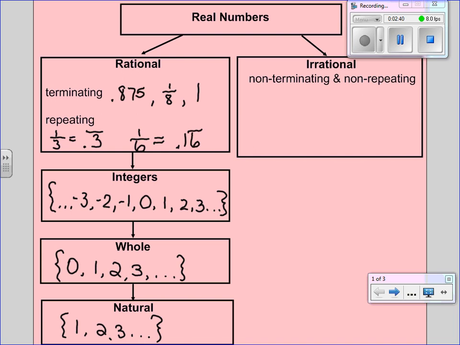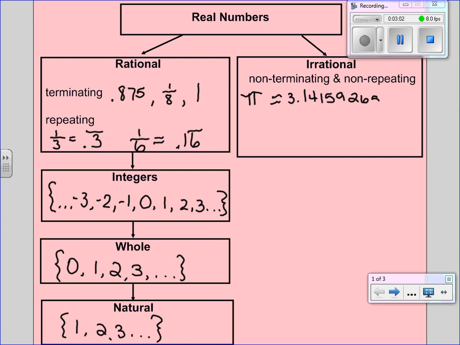On the other side of the real numbers, we've got irrationals. And these are non-terminating, non-repeating decimals. The one you probably know is pi. You probably know a couple digits of pi, like 3.14. You may know a couple more. But if you really look at the digits of pi, there's no pattern, they never end, so they fit in